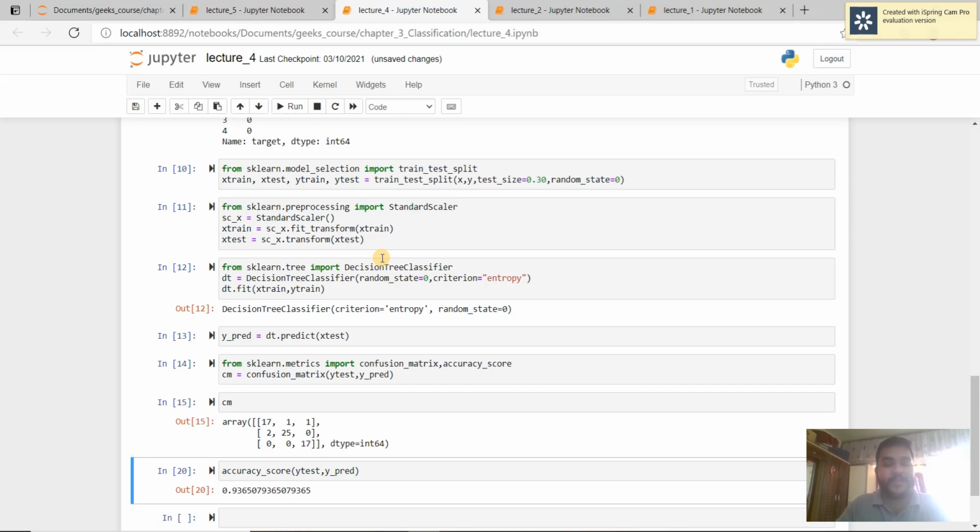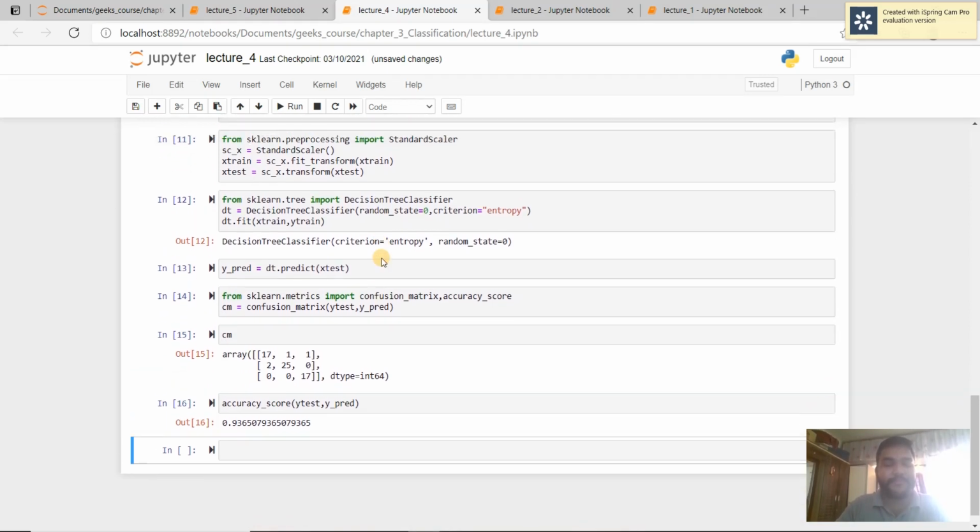Then the confusion matrix is here, and accuracy is 93%. So as compared to logistic regression and k nearest neighbor, decision tree gives me less accuracy. So we can infer that for this type of data, where there are no null values, decision tree is not a very healthy algorithm to perform as compared to logistic regression and k nearest neighbor. So we finish all three classification algorithms: decision tree, k nearest neighbor, then logistic regression.